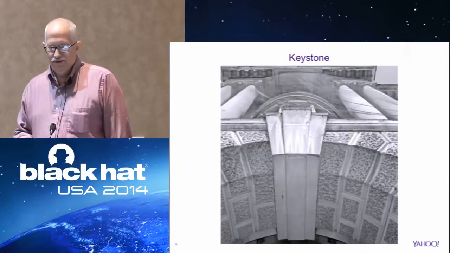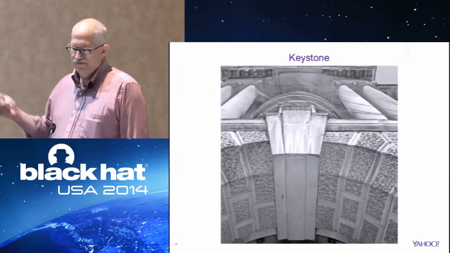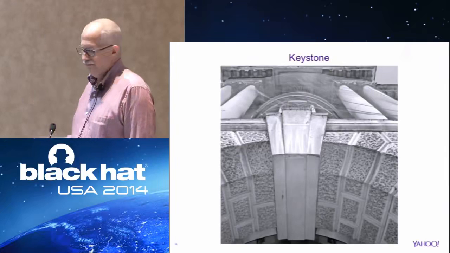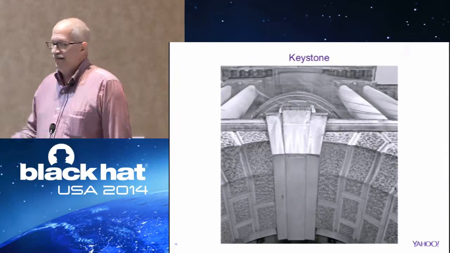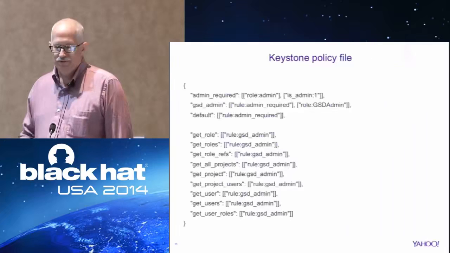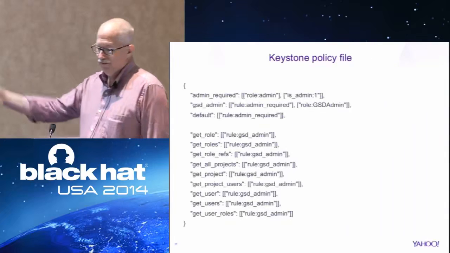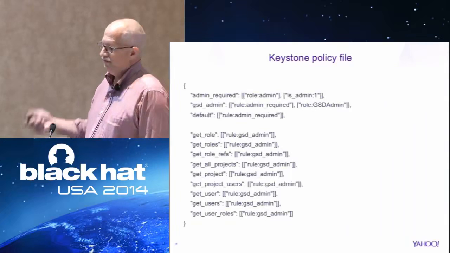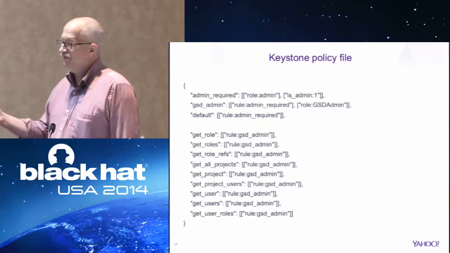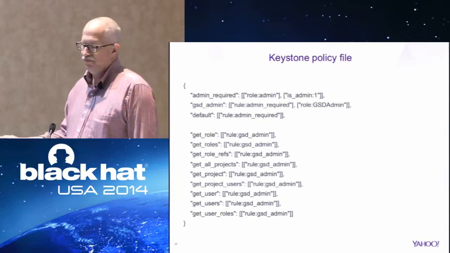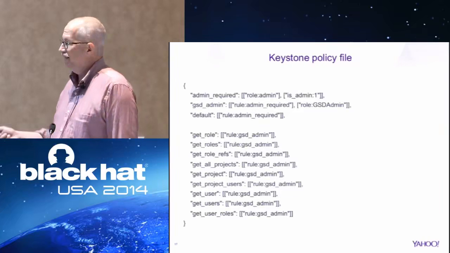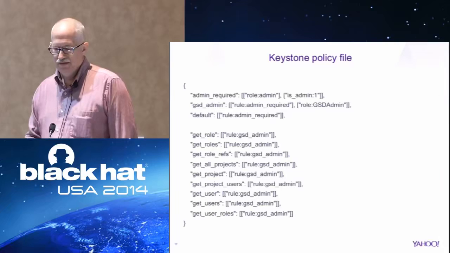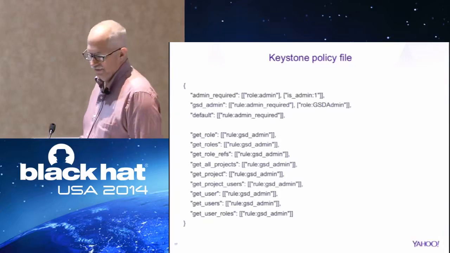So different components in OpenStack have different policies associated with them. And the Keystone policy is the one you need to be most concerned about. No user should need access to Keystone, so we limit it to administrators only. Now, this policy is stored in a JSON file, and I'm going to show you the policy that Yahoo uses. We want to authorize only the actions that need to be done. We have two levels of administrators. The ones responsible for maintaining the cluster have the highest level of access. And the SCs responsible for monitoring hosts in Yahoo have access to get information only.